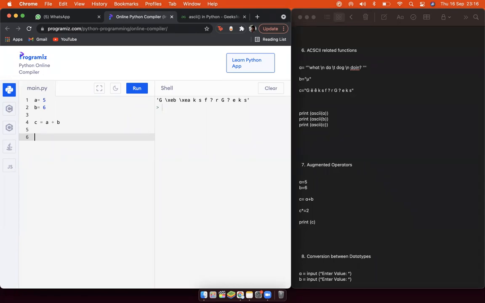So what do we do, the augmented operators. Normally we would do c equals to c plus, let's say they're asking you to add 420, all right we do this c equals to c plus 20, but since we are computer science students we are very cool we do this instead c plus equals to 420